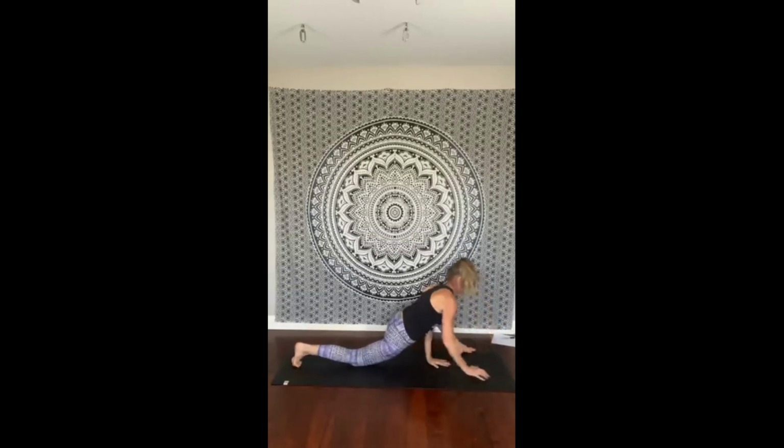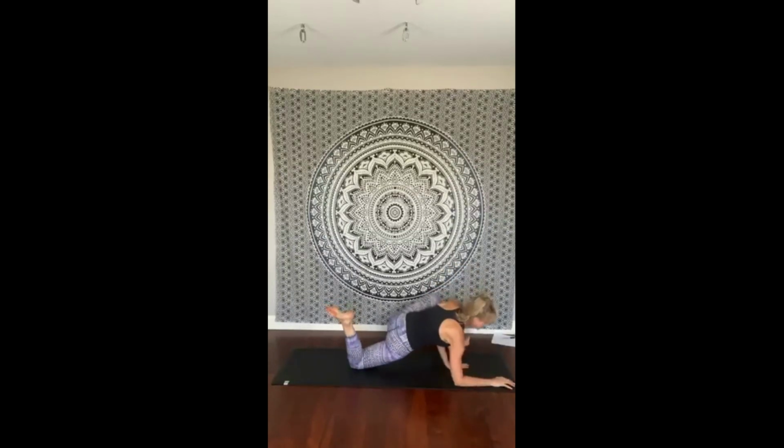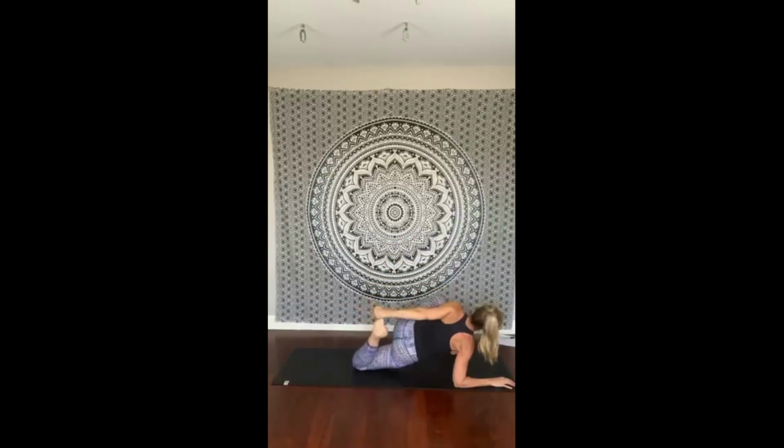Bring your hands right in front of your arm, closer to your belly. We're going to lift the left toes up. Thigh knee, not kneecap. And you can stay here or walk your left hand a little further out or put your left elbow down. Bring your right hand to the heart, turn your heart to the right, lift right arm high, preparing for twist. Now you can stay here or take hand to back foot and bring heel into the bum. And just breathe for 5,